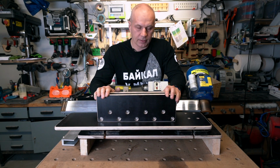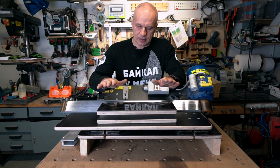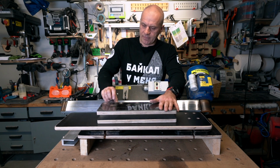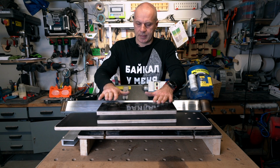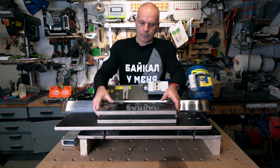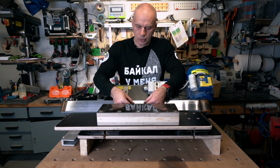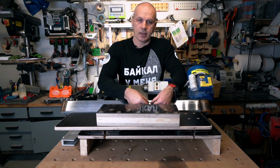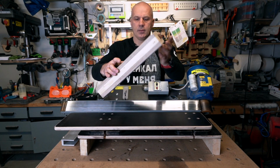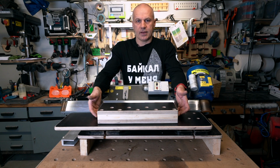Another tip is that my grip on one side has an additional spacer. It's polycarbonate or plexiglass, I don't know exactly what it is, but it is 5 mm in thickness, and that makes quite an important difference when it comes to sharpening. So imagine I'm sharpening a runner, and my runner's edge is using a specific part of the sanding belt. What happens when I change the sides of my grip is that if I didn't have this 5 mm spacer